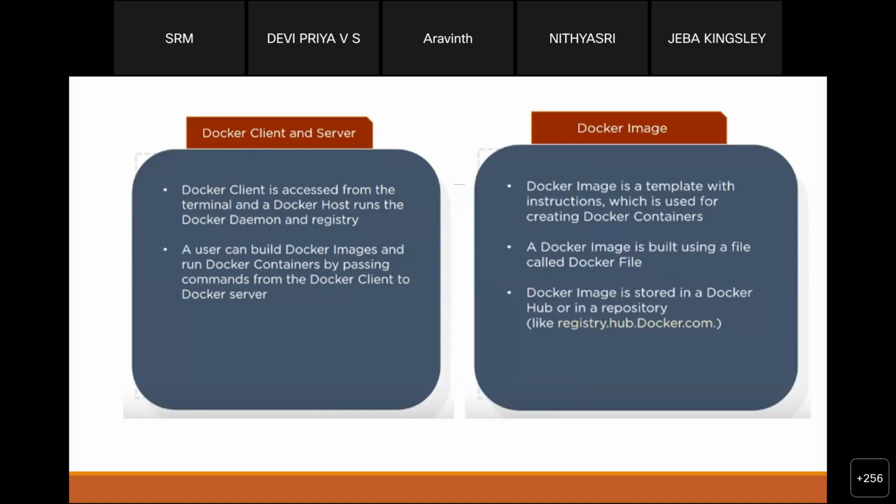And then we will be dealing with Docker images. Actually, a Docker image is nothing but a template which is used for building a container. It contains all the instructions that are needed, all the libraries, how to download, all the details. It is actually a template which will be used to develop a container. If we are familiarized with programming languages, then the template, that is the Docker image, will act as a class.